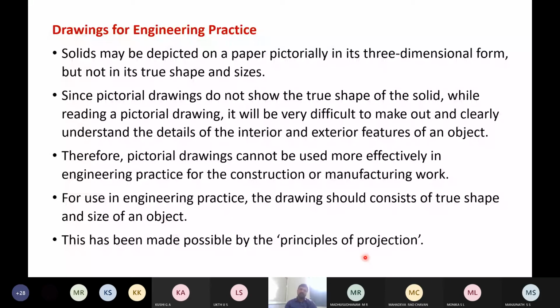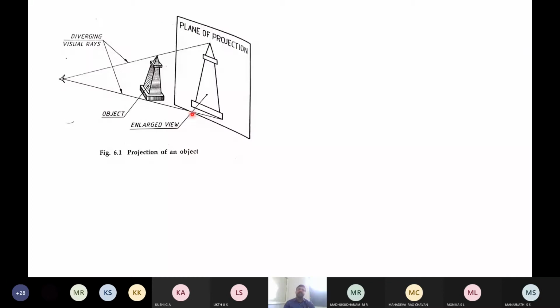So this is what we have visualized in that image of projector and screen. Okay. Similarly here also, if this is the position of the observer, someone is standing and looking at an object. Then the eye also will work similar to a projector.